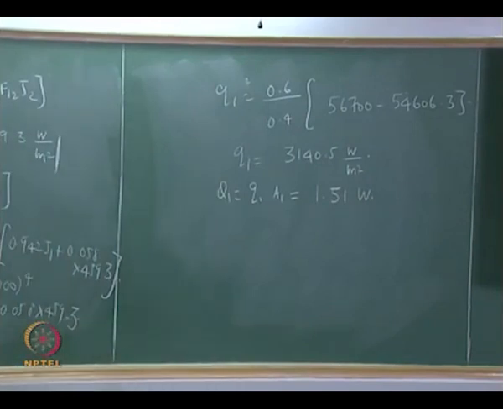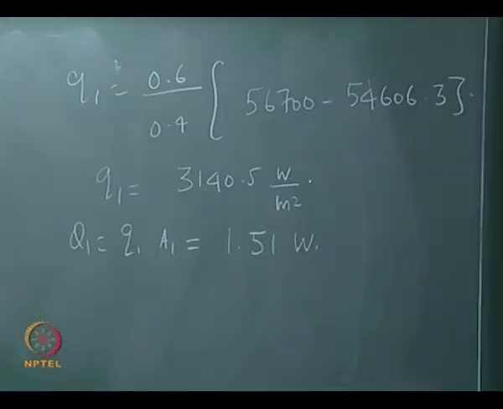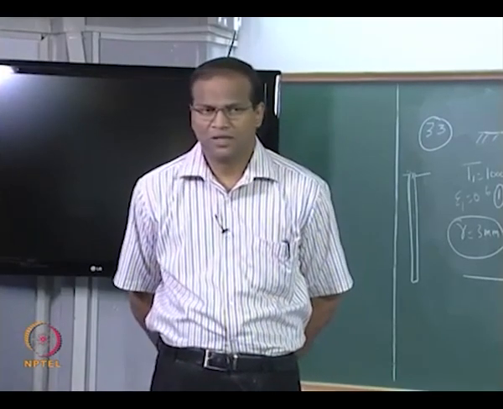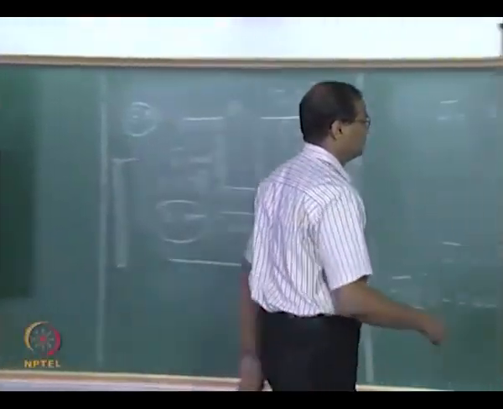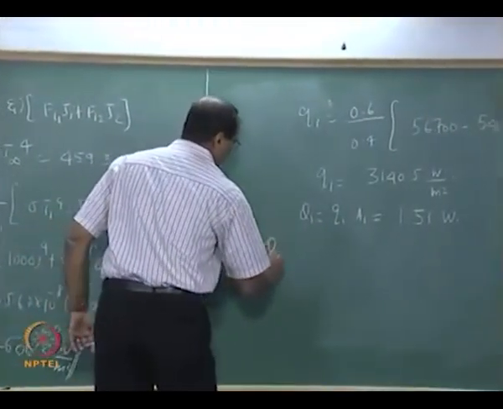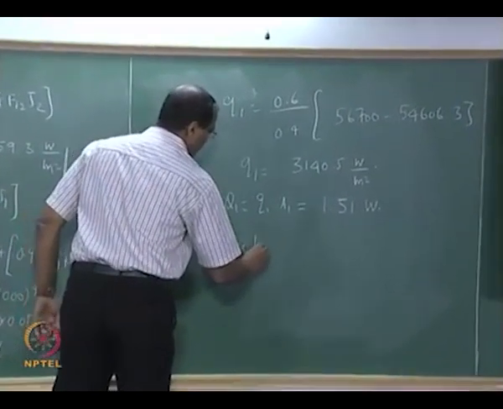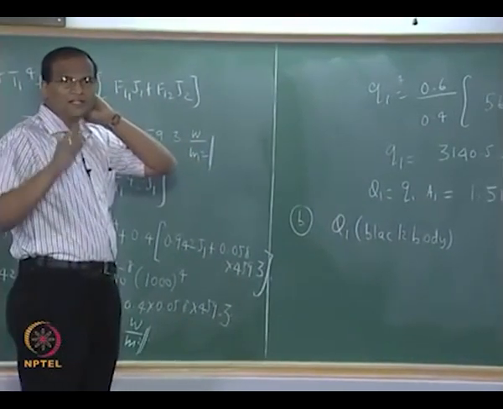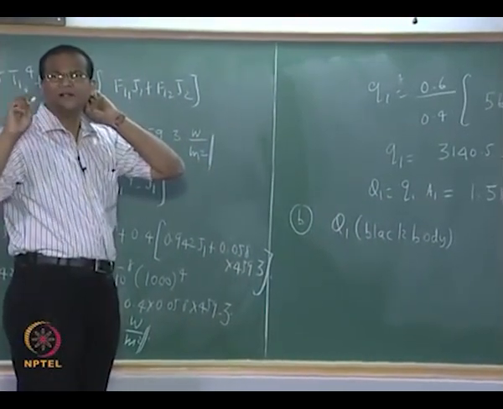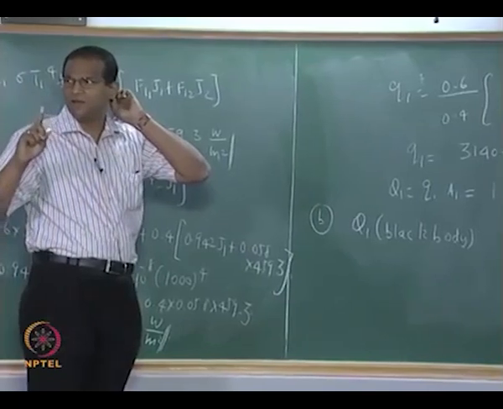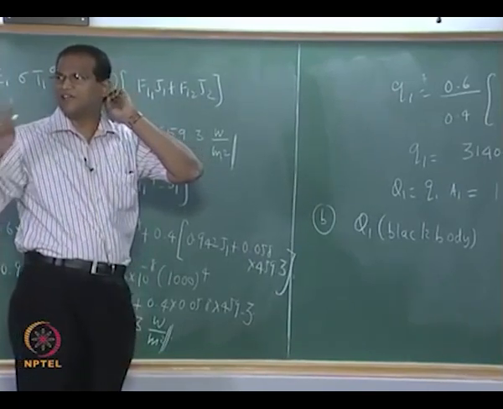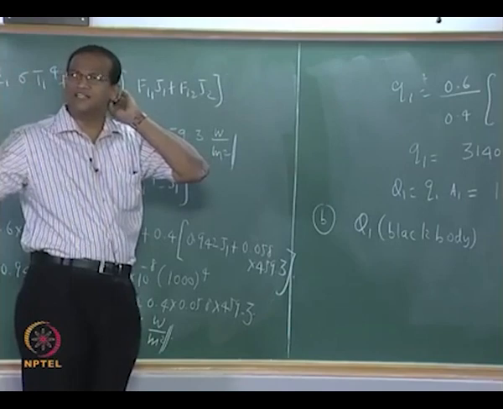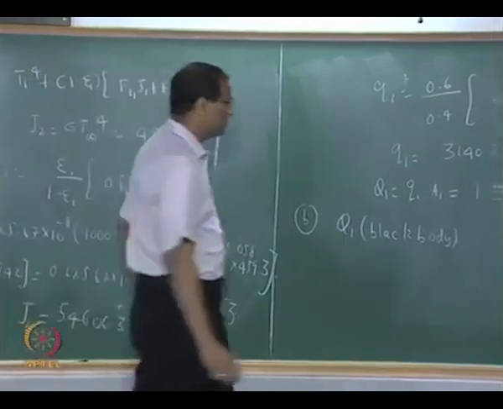So this is the solution to the part A of the problem, okay, net radiation heat transfer. I hope it's clear, okay, but we will have to revise this, okay. Now as far as part B is concerned, what will be Q1 for the black body, that is the opening, there is a 6 mm dia surface which is having a temperature of 1000 Kelvin, which is radiating to outside at 300 Kelvin, correct. So this is